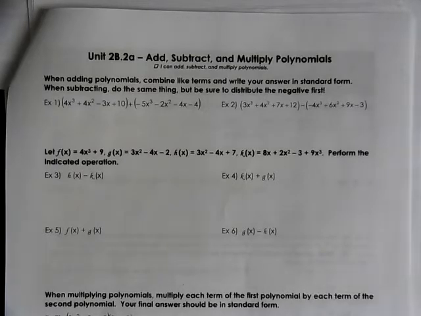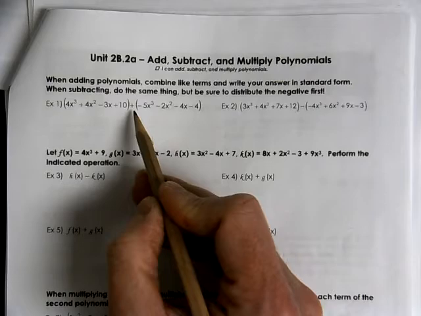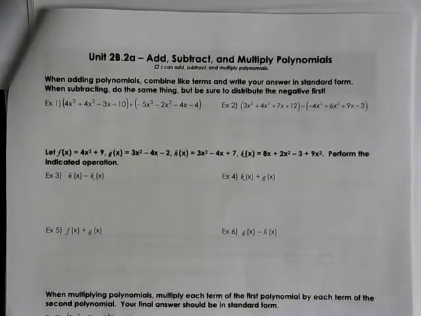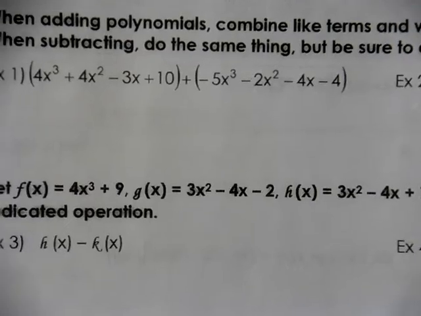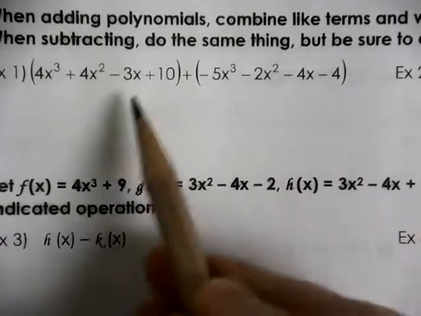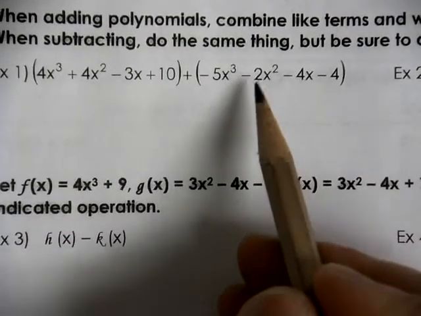This is Algebra 2 and Trig, working on Unit 2B.2a. We're adding and subtracting and multiplying polynomials. So we look at this first one and we see that we have a plus in between the parentheses. So having a plus in between the parentheses is going to tell us to add these two polynomials, but the